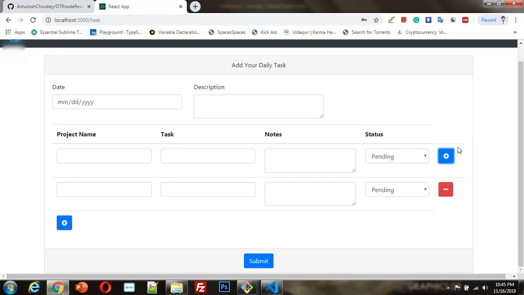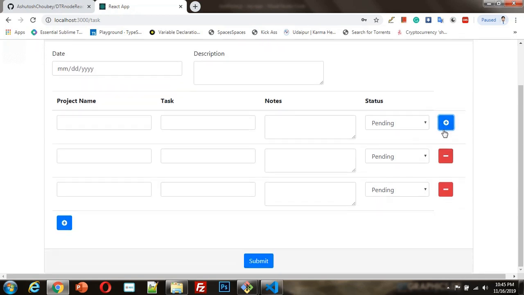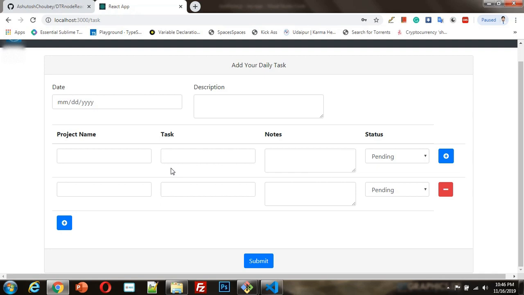Whenever we click on the plus icon, another copy of this first row will be generated, and as many rows as you want to generate, you just need to click on the plus icon and automatically it will generate a copy of the first row, right? And suppose you made some mistake. Suppose I have typed something and I made a mistake, so I want to delete this row, only this row. You can also do that, just click on the icon and that row will be gone.